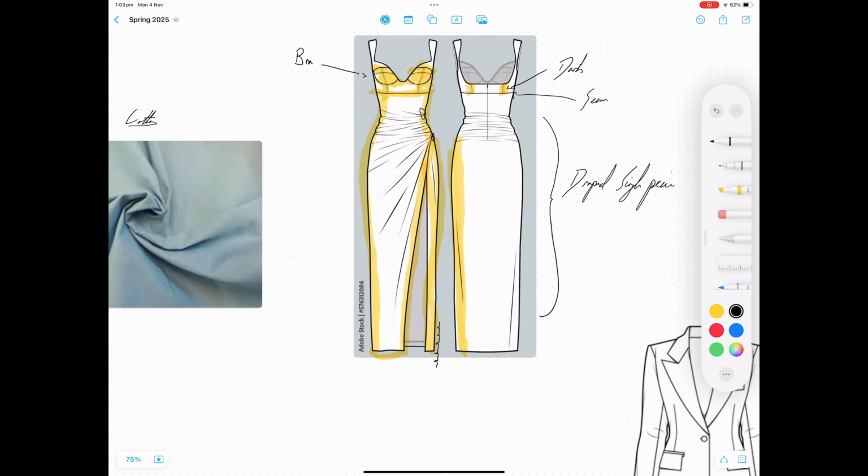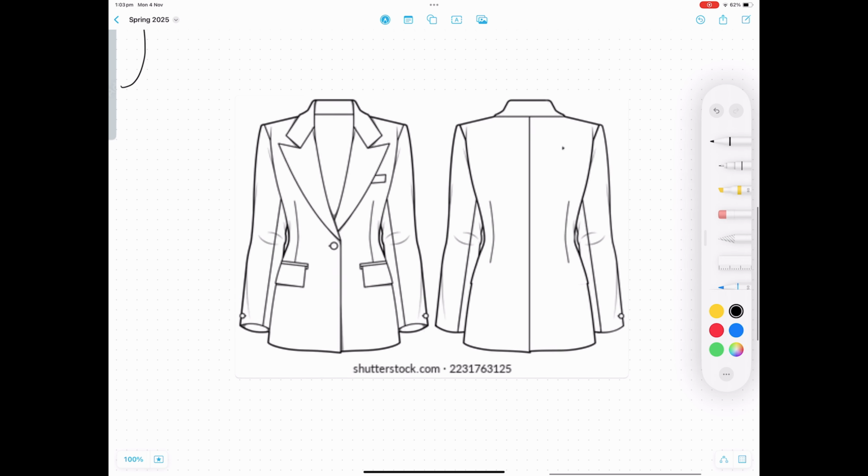And with the jacket, sorry, just one second. Sorry about that. With the jacket,